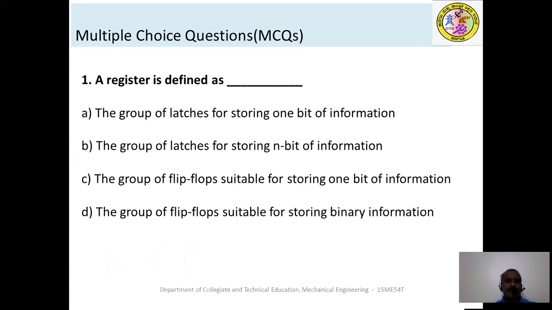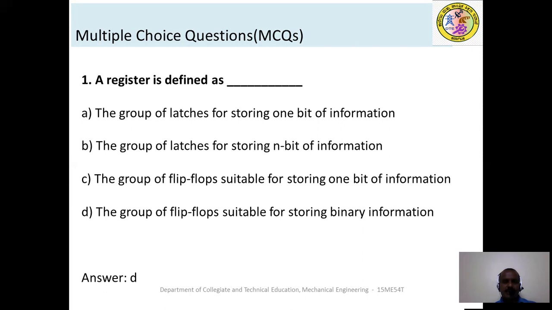Coming to the multiple choice questions. A register is defined as a dash: a group of latches for storing one bit of information, a group of latches for storing n bits of information, a group of flip-flops suitable for storing one bit of information, a group of flip-flops suitable for storing binary information.